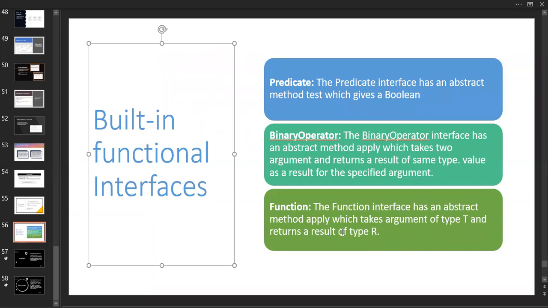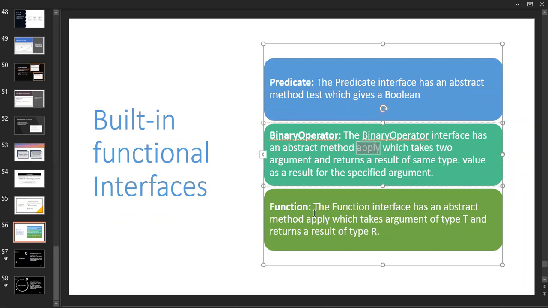So what is the function? The Function interface is also one of the predefined functional interfaces available inside Java. It has an abstract method apply. So this is also having an apply and this is also having an apply. That's why I said there is a relation between these two things; it is somewhat similar to this. Function's apply takes an argument of type T and returns a result of type R. Type T is the same thing we are passing, but the return type is R, somewhat different compared with T. So here it is the same type, but there it is different.